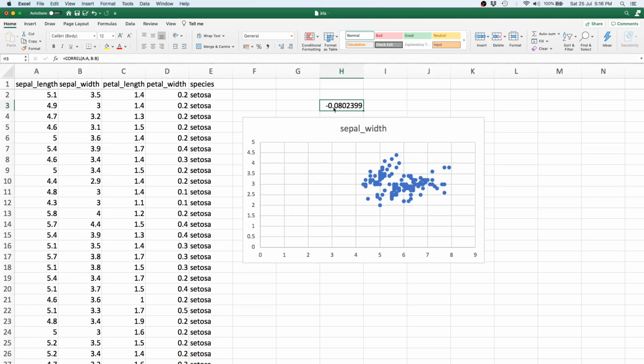And surprisingly, it has a negative sign, which means that there is negative correlation between the sepal length and sepal width, which means that as one increases, the other doesn't increase, it decreases. And even that decreasing relationship between them is very small, because the magnitude tells us that it's very small. It's in fact 0.08, which means that the extent to which one decreases as the other increases is very small, and the sign basically tells us whether it's an increasing relationship or a decreasing relationship.